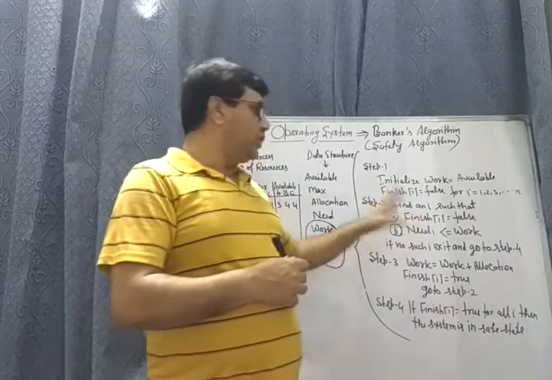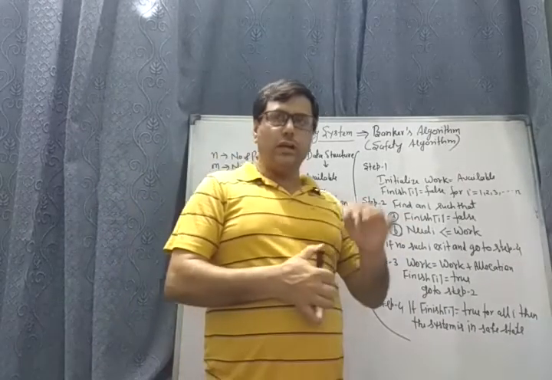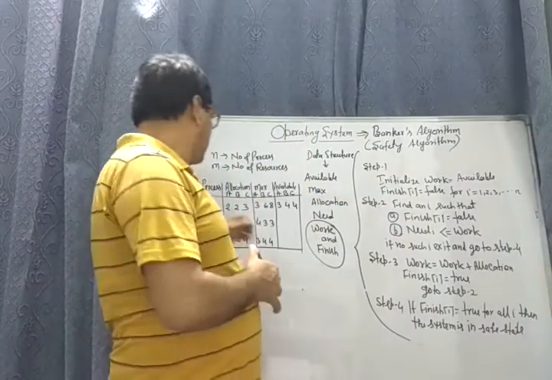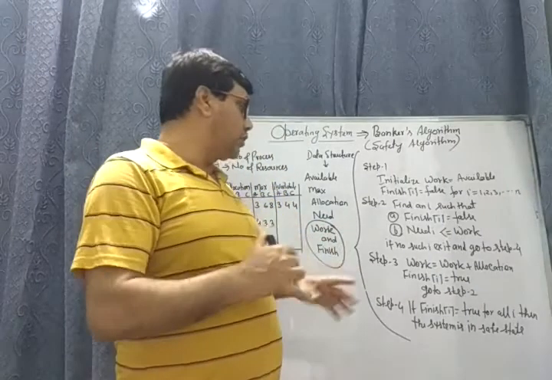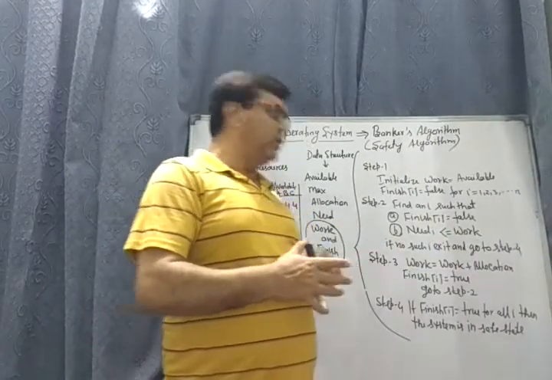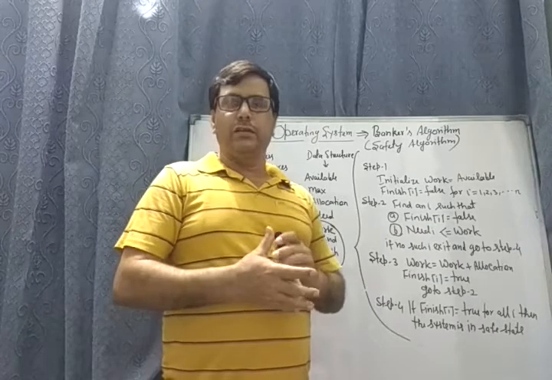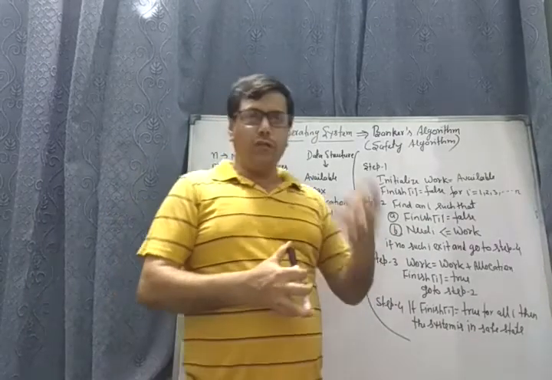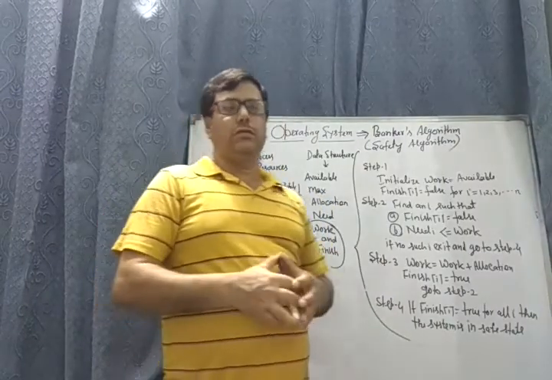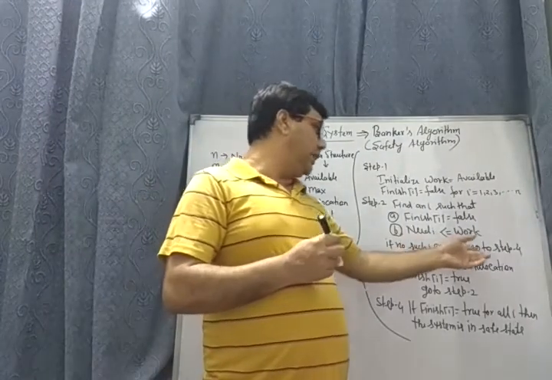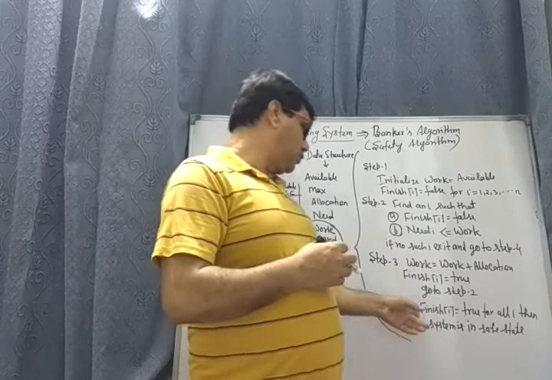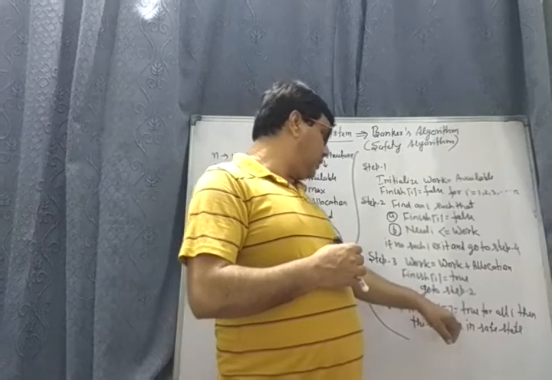And after executing, their allocated resources will be released. Then those allocated resources will be added into the work variable. That means the total number of work or allocated resources will be updated. Now, if no such i exists, then it transfers to the fourth step and checks whether finish[i] is equal